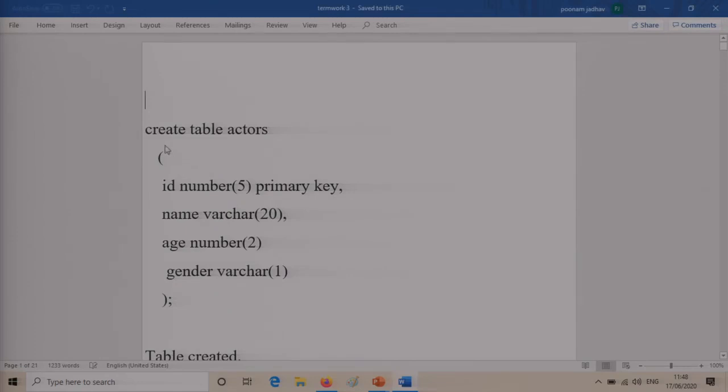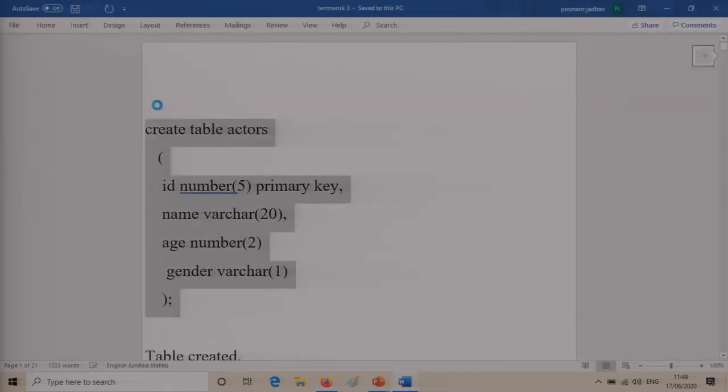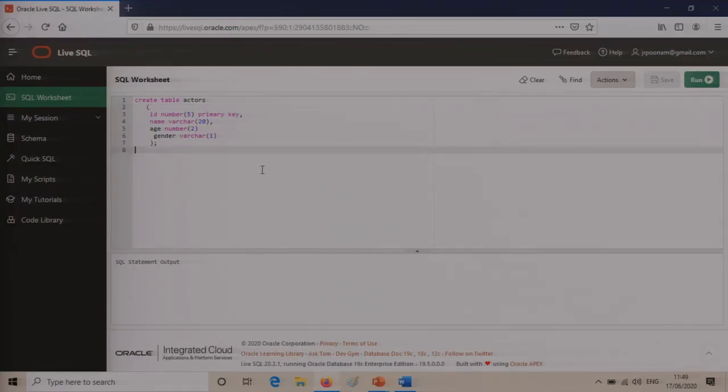We have seen there were a couple of tables that we had to create. So we will try and create those tables. However, I have kept ready all my queries here, and I will try and execute them for you. So this is the first table. This is the actors table, wherein you can see that ID is the primary key.